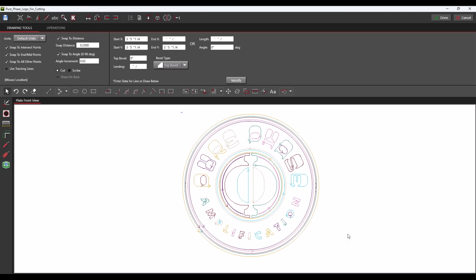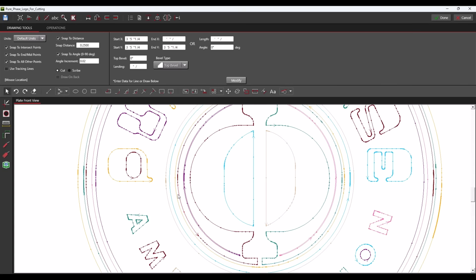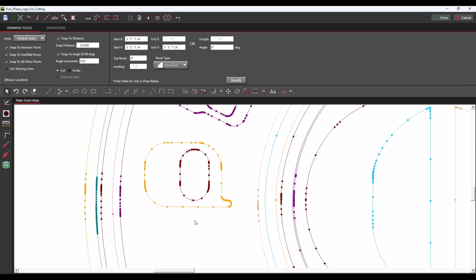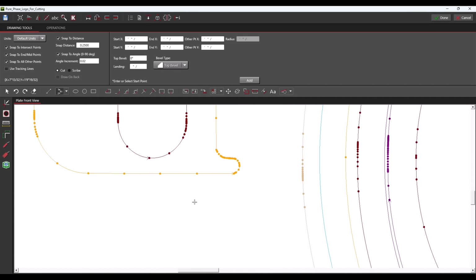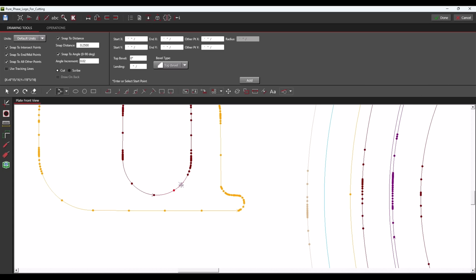Okay, so now we need to edit the inside of some of these letters. Like I was saying earlier, we can see that if we just left it as is, in this case of the P letter here, we could cut out that middle section, but then if we also cut out the letter outline itself, we would just leave a big hole and people wouldn't understand what letter it was. So I'm going to use this tool here that's called Start, End, Mid Arc, and I'll connect the inside of the P here to the outside cut. So I'll choose a starting point, and then an ending point. And then I'm able to curve the connecting line some if I want to.